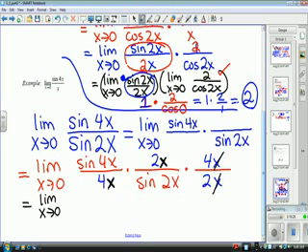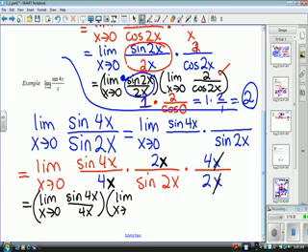Here is why what I'm about to do is going to work. If I do the limit of the first fraction, multiply it by the limit of the second fraction,